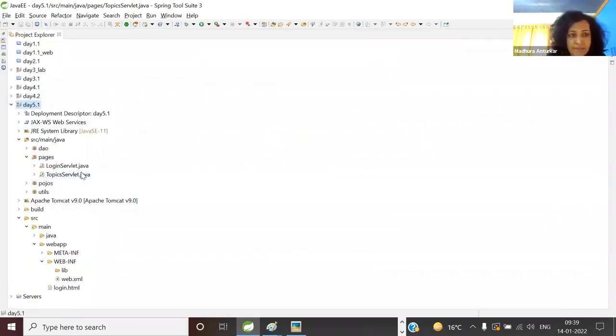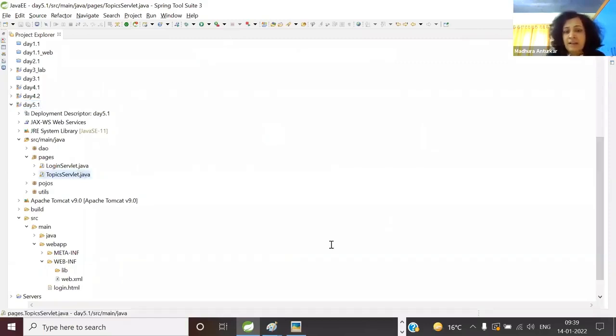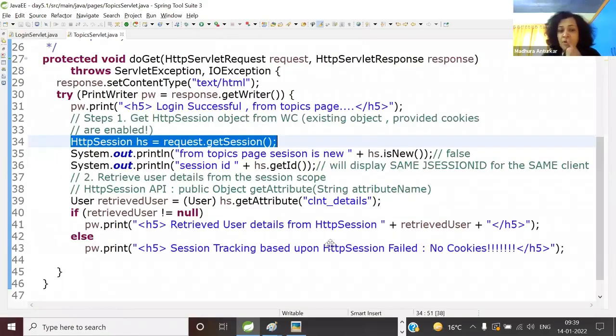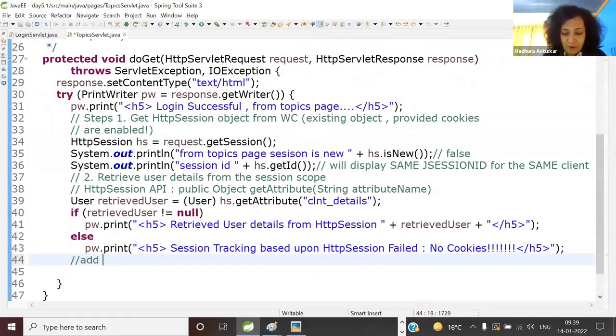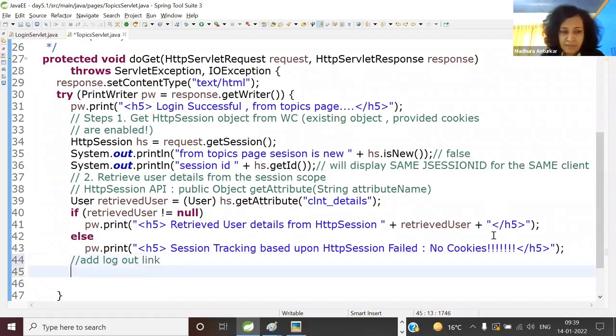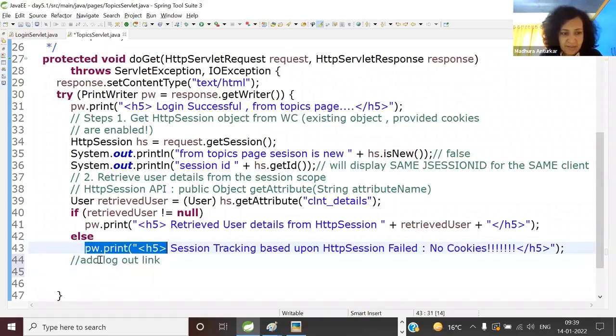So go to the topic servlet and let us add a logout link. Okay. So logout link I want to add in any case. So here add logout link. This is a temporary one. Actual logout will be after seeing the tutorial details. So here I'm saying add logout link. Everyone knows how to send the link. When I say add, I'll say send logout link